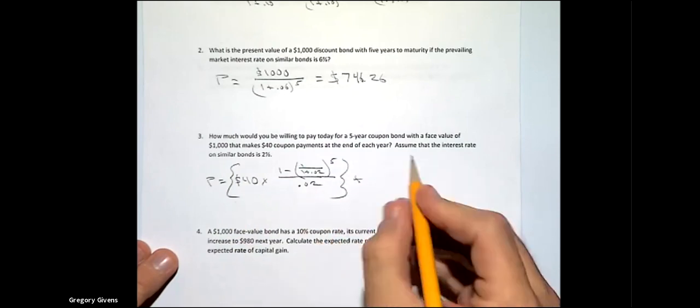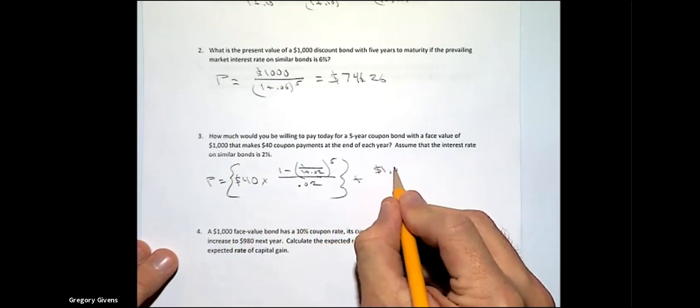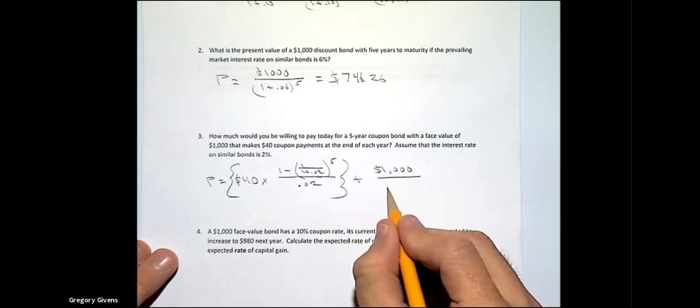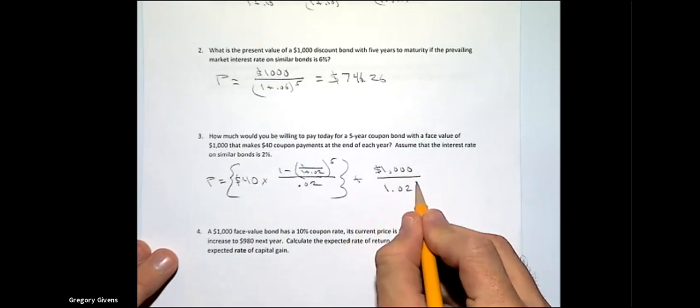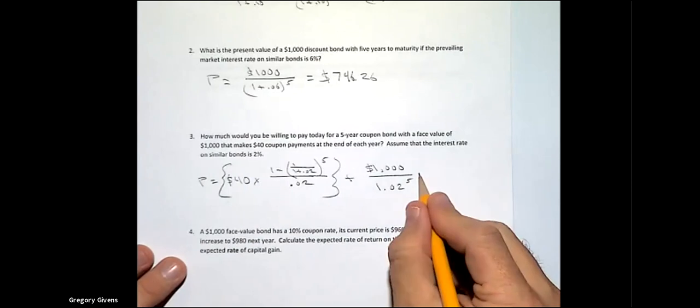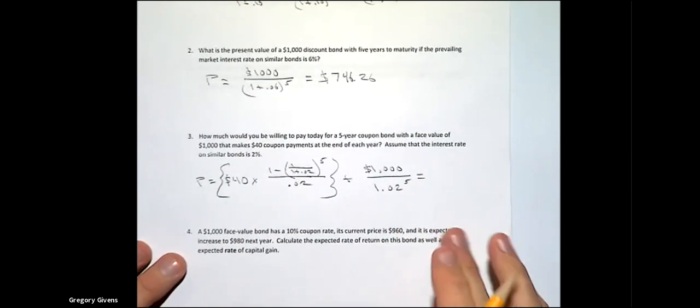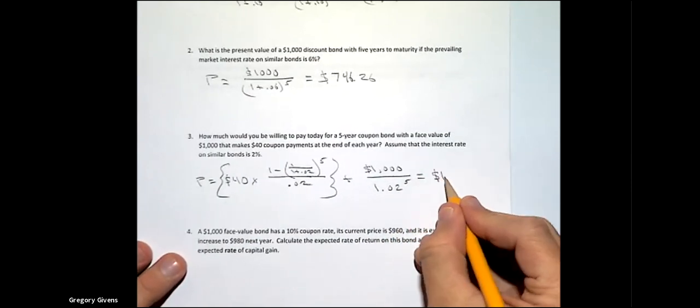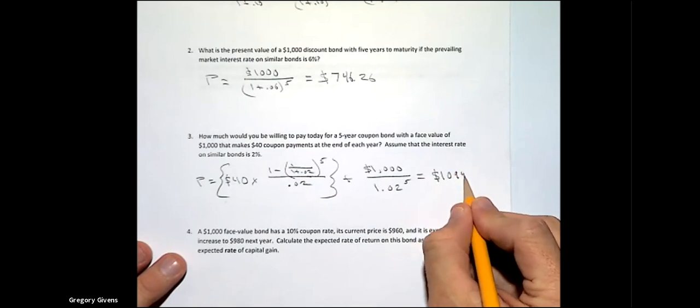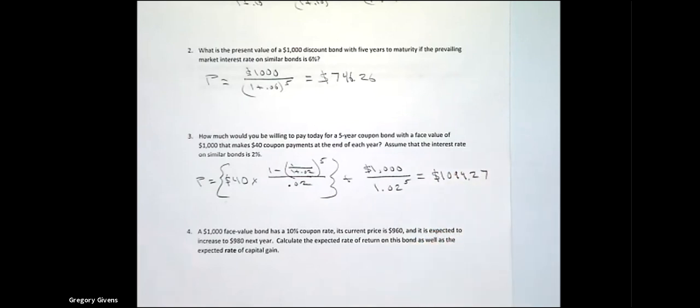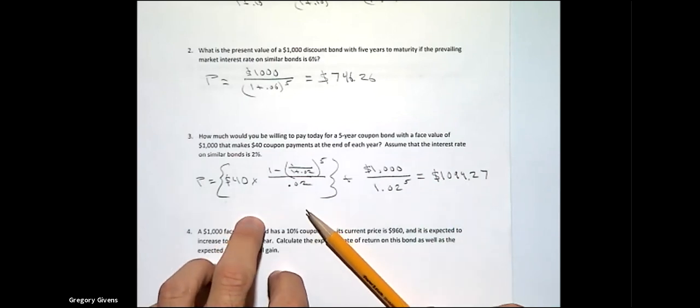plus the present value of the final face value payment. So 1.02 raised to the 5th. And I think if we did that right, it should be $1,094.27. So again, you can choose to use this closed form solution for the present value of a coupon bond,